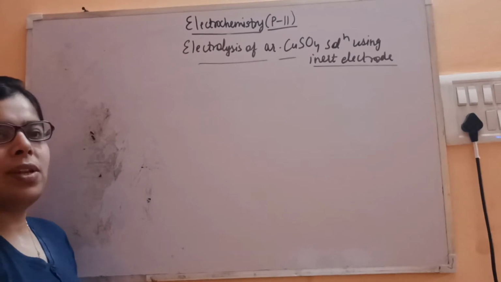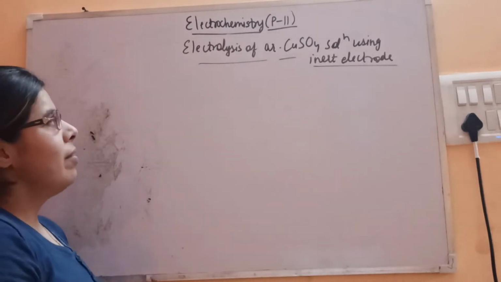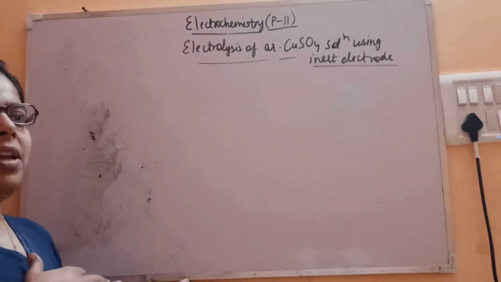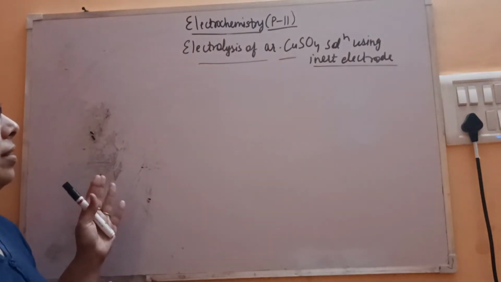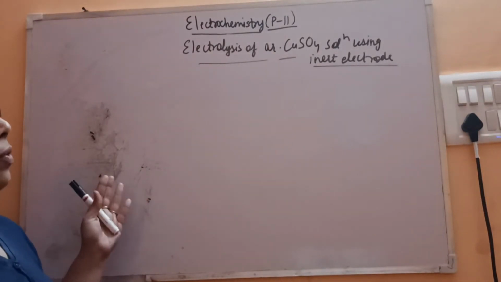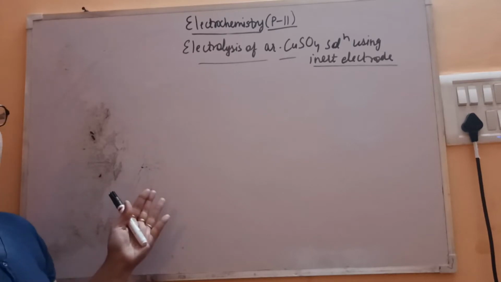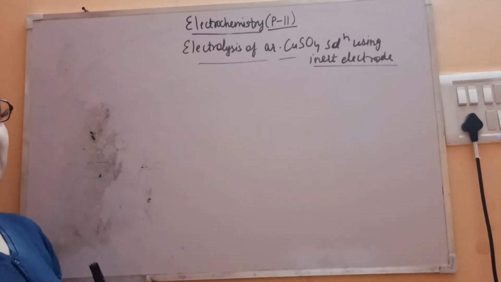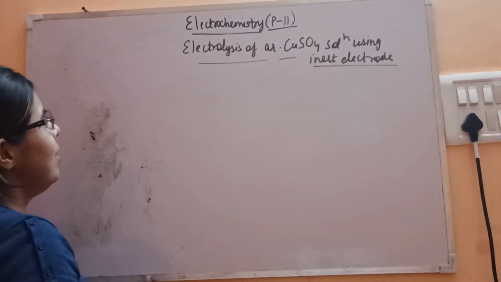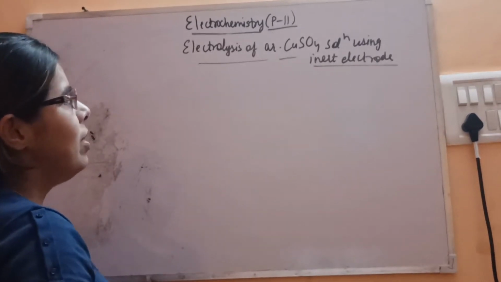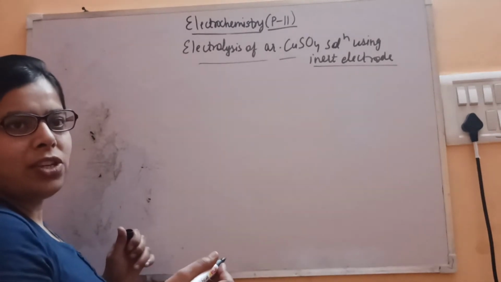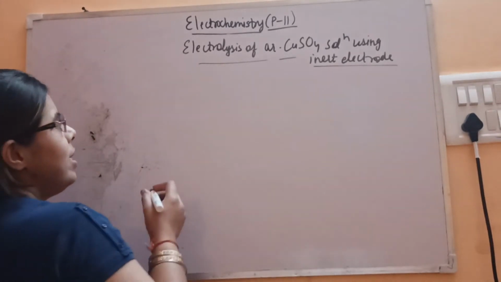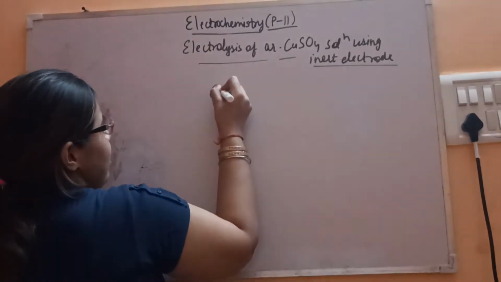We have seen the electrolysis of acidulated water, and what the different products are at the respective electrodes, cathode and anode. Now we'll see the third factor, the types of electrodes, attackable and non-attackable, and how these electrodes affect the products of electrolysis. Let's see the electrolysis of aqueous copper sulfate solution using inert electrodes. Inert electrodes do not take part in the reaction, so they will not influence the product. Let's see what will happen.